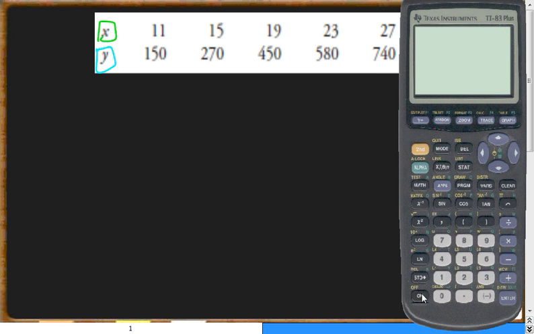Okay, so what we need to do is input them into our lists, which is going to be list 1 and list 2. So we're going to go in and edit, and list 1 is going to be our x, so we're going to enter 11, 15, 19, 23, 27, and we need to put our other data into list 2, so 150,